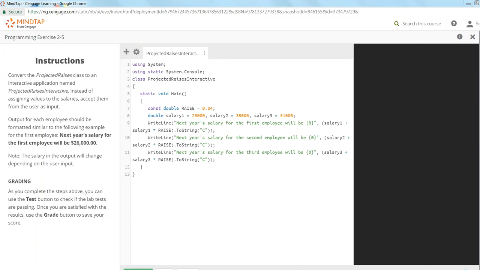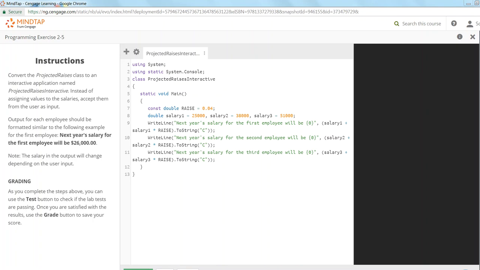Alright gang, we're going to deal with 2-5. Now it's going to look familiar, isn't it? So wait a minute, we just did this one. Well yeah, this is what they had us create in the last one. So we're going to take this same code that essentially we generated in the last exercise, and instead of it